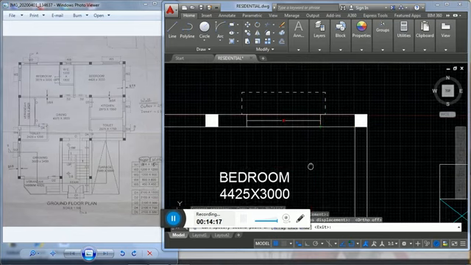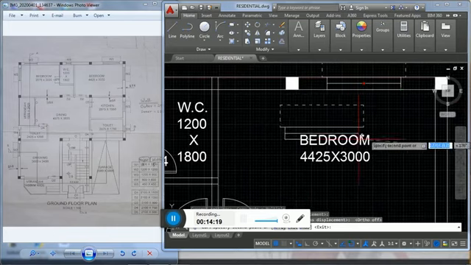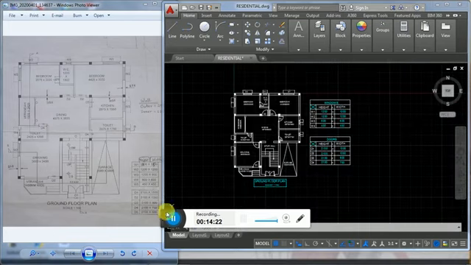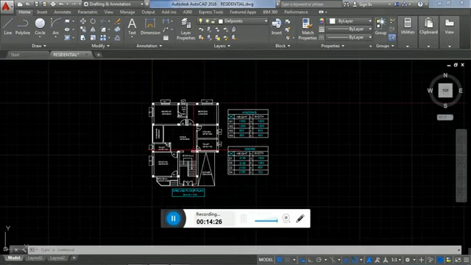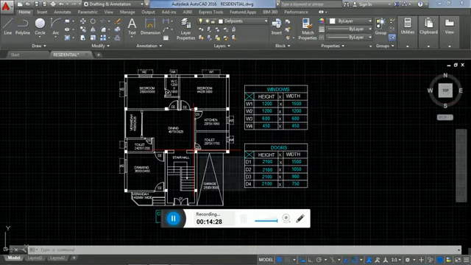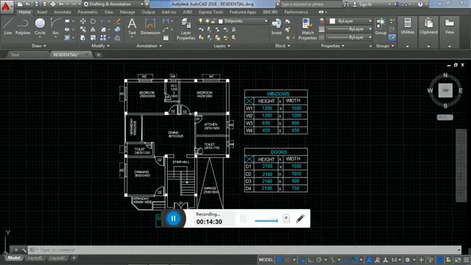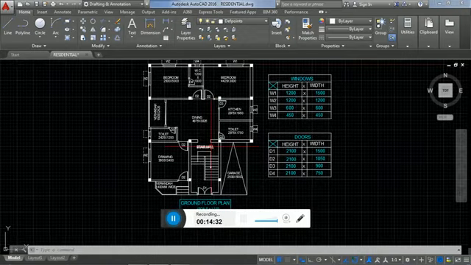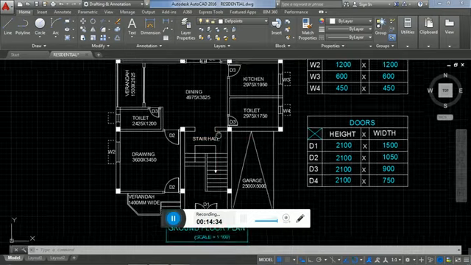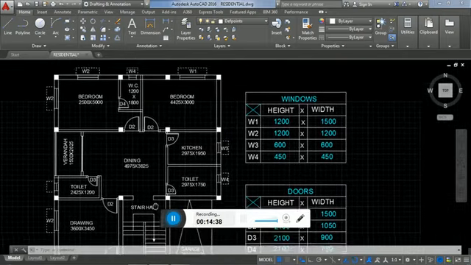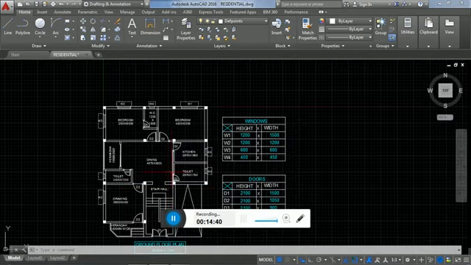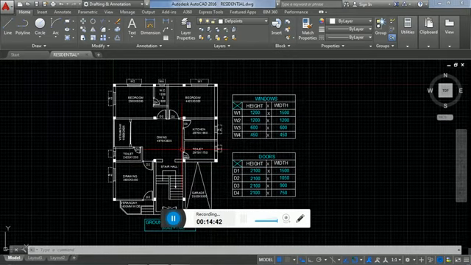So make a copy, select the base point, and after referencing the corner point, click it to the position of the bedroom. So as per schedule, all the windows